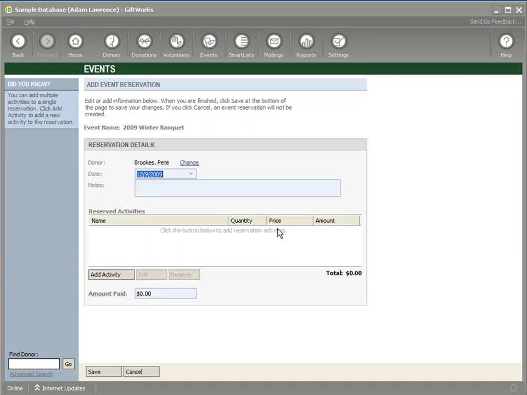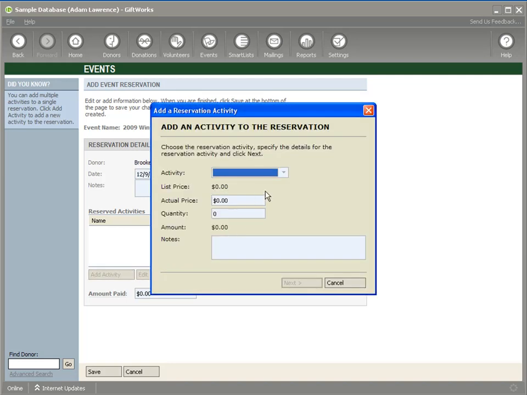And Pete was a donor in GiftWorks, so I can automatically add him. The reservation defaults to today's date. I'm going to be able to add one or more activities here. So he wants to order some meal tickets. So we're going to start with using this